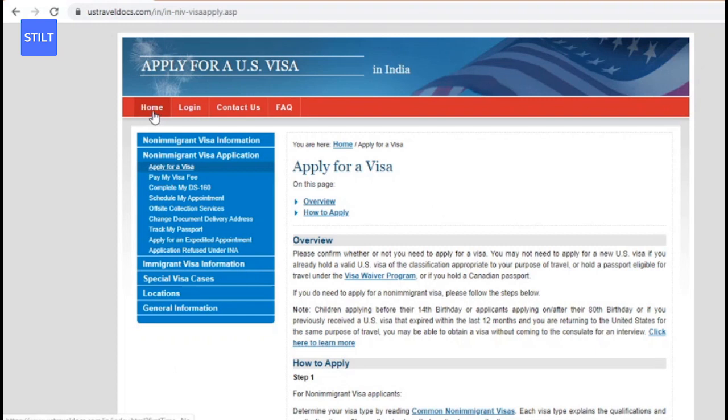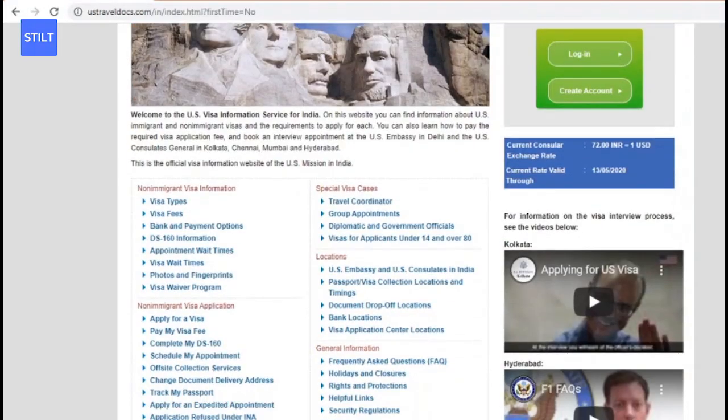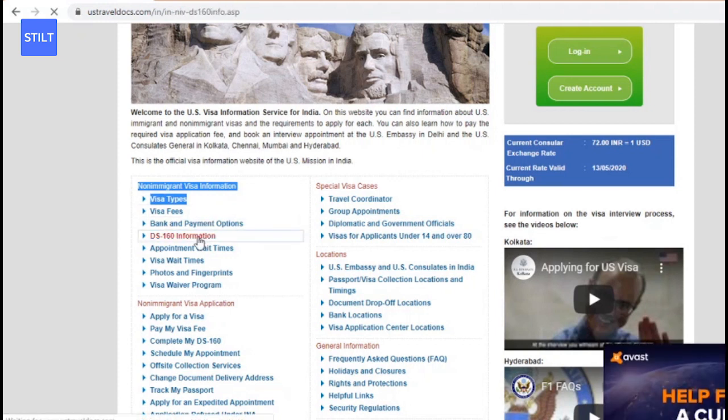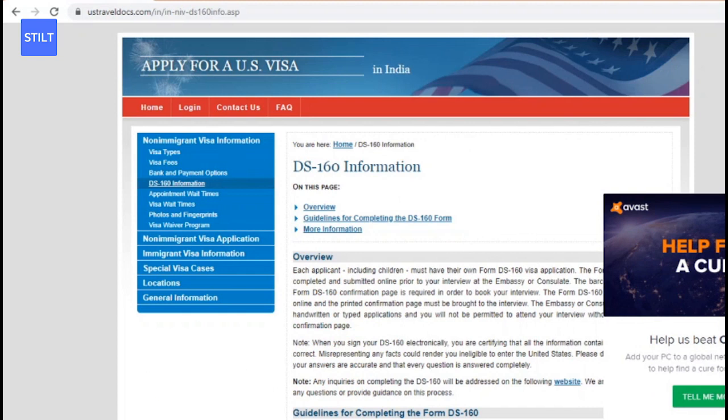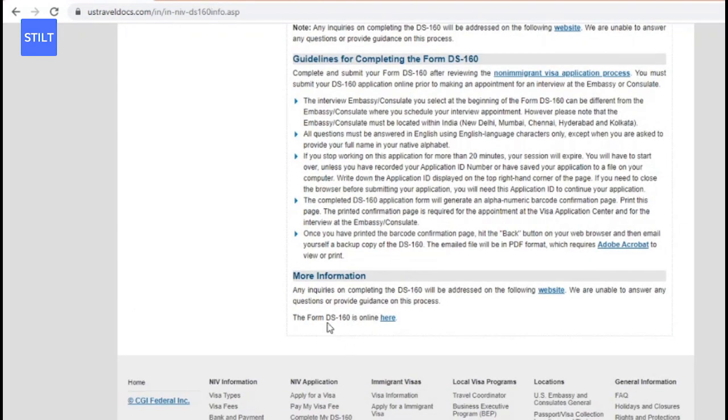and go to the home page, and you just scroll down, and under non-immigrant visa information, you click on DS-160 information. If you scroll down, you can find a link. The form DS-160 is online here, and you just click on that link like so,